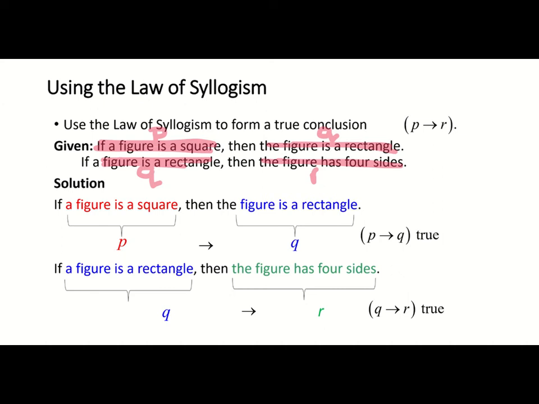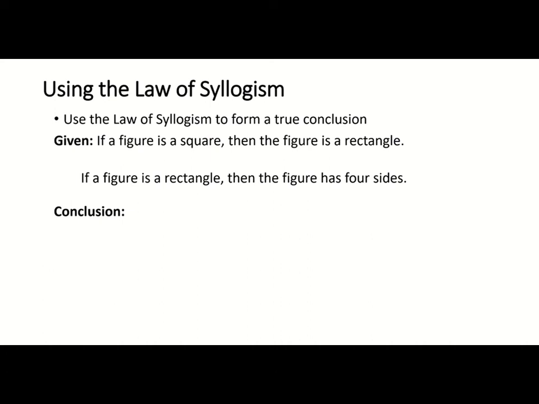Now, the conclusion, remember, what we're going to do to write our conclusion is we are going to take and combine P and R. Since Q is the same in both, we're going to, like I said, kind of cut out that middleman and put P and R together for the conclusion. All right, so again, they have the diagram on the other page. Now what we're going to do is just write our conclusion. And we said we're going to take P and R and put it together and cut out our Q, our middleman. So our conclusion would be,